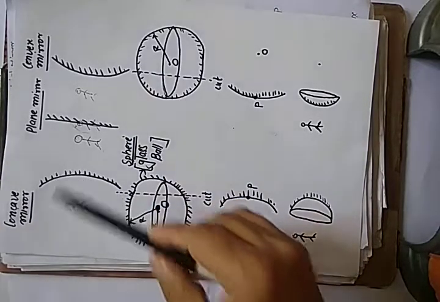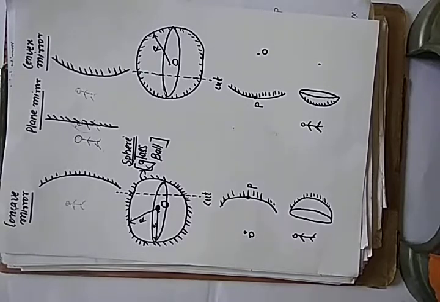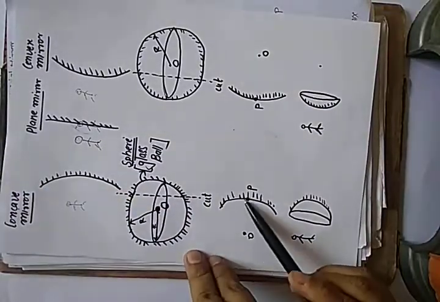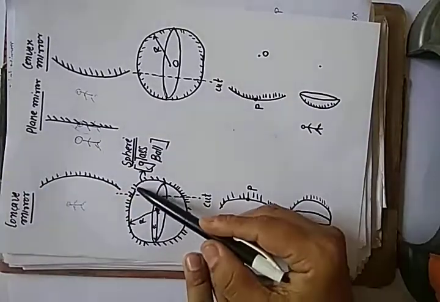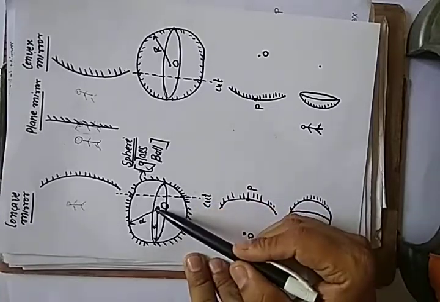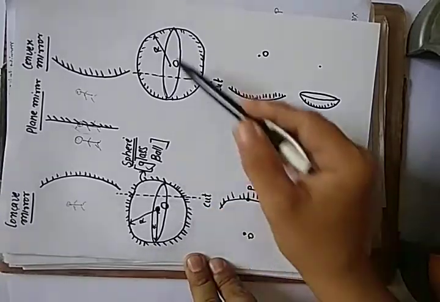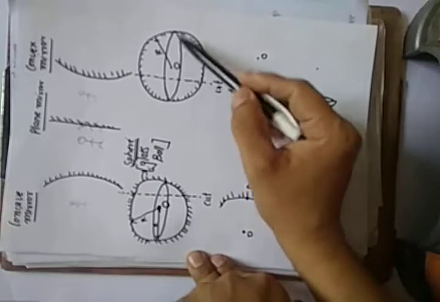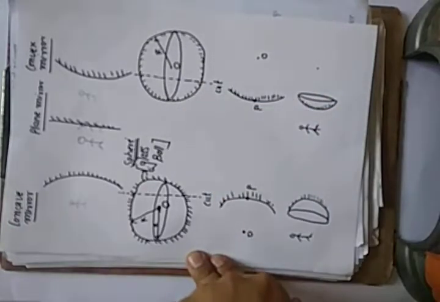Now what are the main topics of the concave and convex? Suppose take this concave mirror. I am drawing here also. This is a concave mirror, and the center of the sphere is O. Here the center of the sphere is O. Okay, and the radius of a sphere. Be clear.